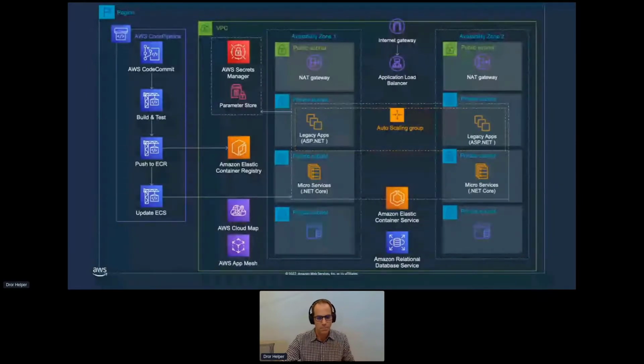So we have everything from before, but now I've also added another cluster to run my new microservices running on .NET Core. It can be in the same cluster or in another cluster, highly dependent on the specific technology I'm using. But what I really need is the ability to call the new services, both from my load balancer, at least at some point, and from my legacy application. So they need to know one another. We can do that using Cloud Map and App Mesh in ECS,